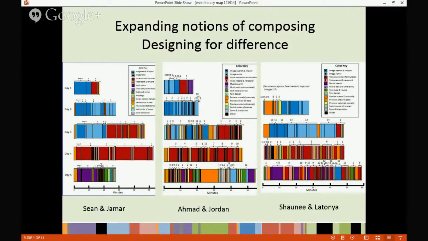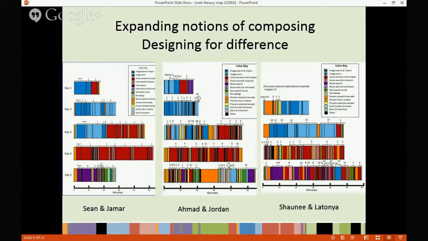and also to highlight the importance of designing our learning environments, our tools, and our ways of communicating, so that we're thinking about difference, individual difference, partner difference, group difference, and that's for Blaine and me a really important guiding principle. So what you see here are 3 multimodal timescapes where, for 3 student pairs, Sean and Jamar, Ahmad